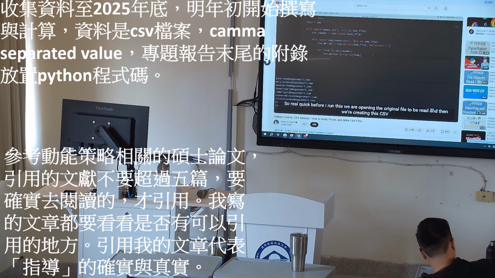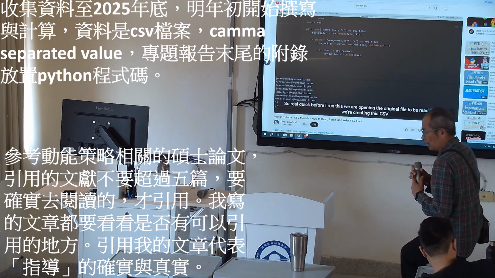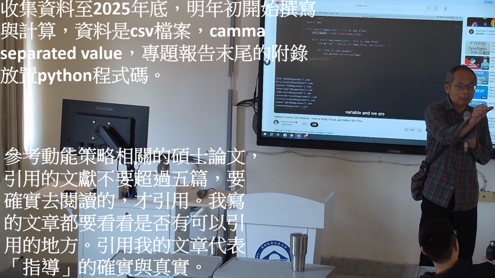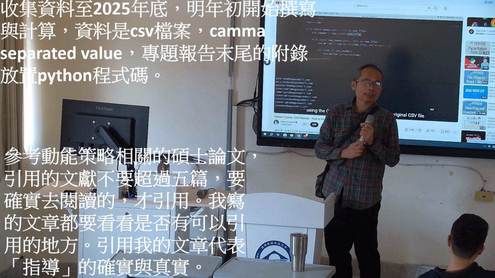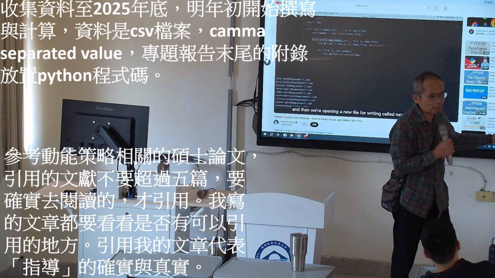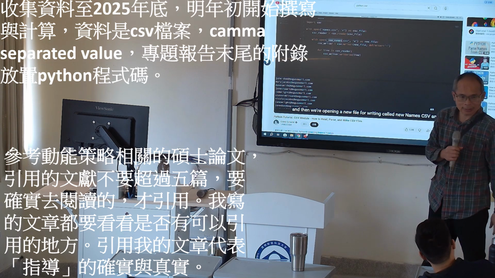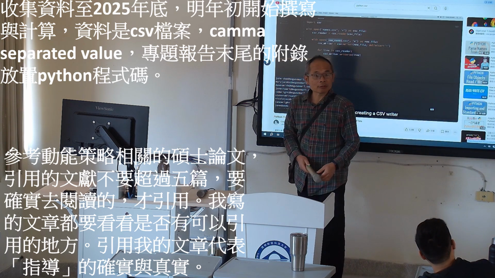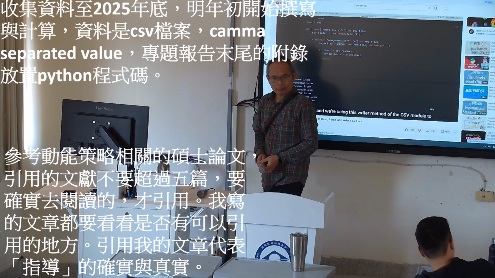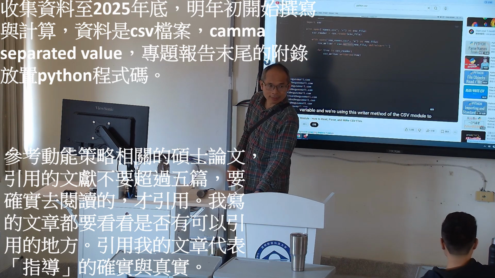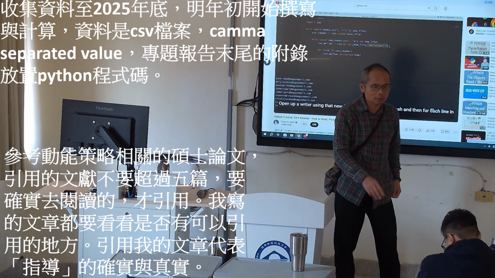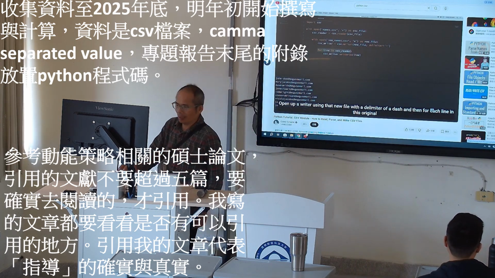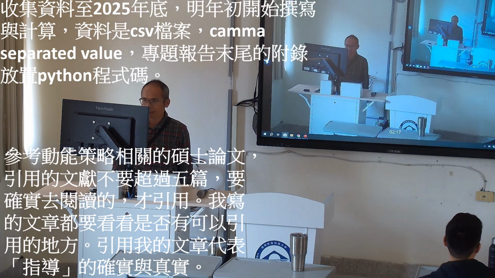So real quick before I run this, we are opening the original file to be read, and then we're creating this CSV reader variable, and we are using this CSV.reader method to read that original CSV file, and then we're opening a new file for writing called newnames.csv, and then we're creating a CSV writer variable, and we're using this writer method of the CSV module to open up a writer using that new file with a delimiter of a dash. And then for each line in this original CSV data,